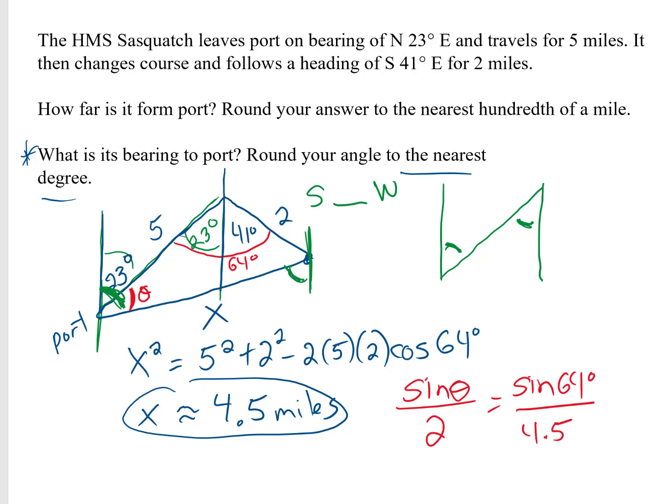So we can multiply this 2 to the other side, and then we're going to need to do inverse sine to find the theta. And it says round theta to the nearest degree. So I'm going to do inverse sine of 2 sine 64 divided by 4.5. And it looks like I get